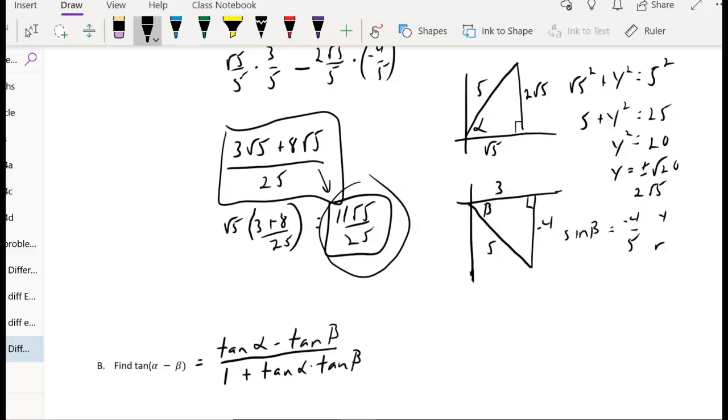We're going to get the tangent of alpha from the alpha triangle up here, and the tangent of alpha is opposite over adjacent. That's 2 rad 5 over rad 5, minus the tangent of beta, which is here, negative 4 over 3,